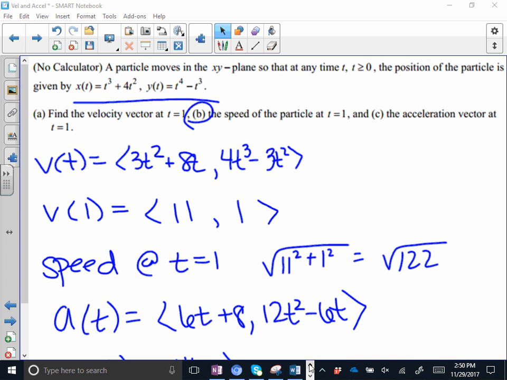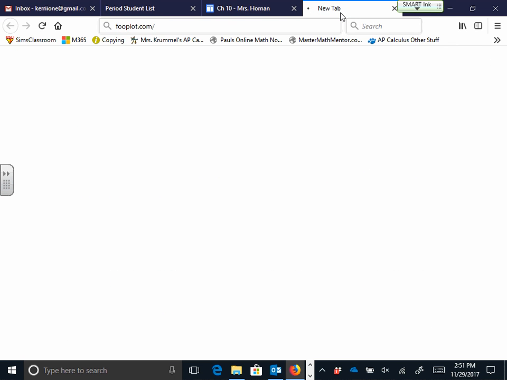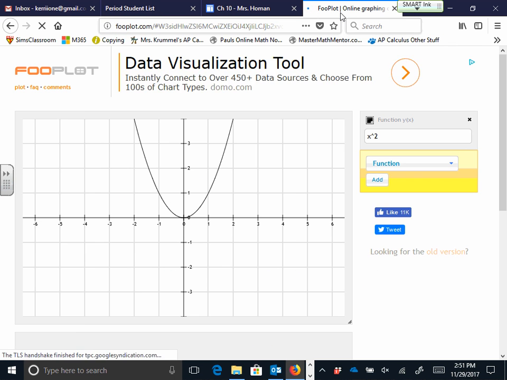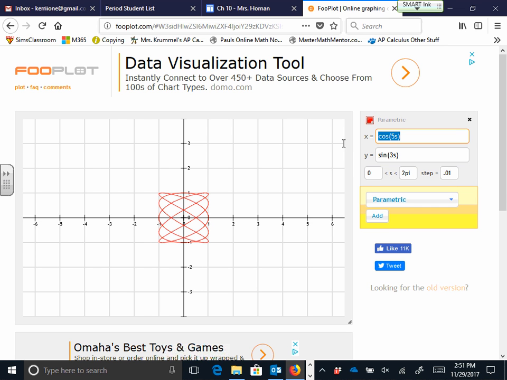Okay, we'll see if this works. I haven't gone to this website for a while. So fooplot.com, where we can do parametric equations. Help me out. It is t cubed plus 4t squared. Isn't this cool? And t to the fourth